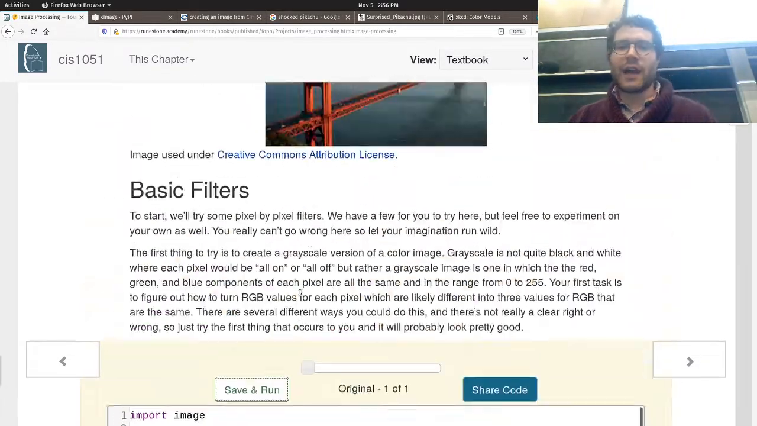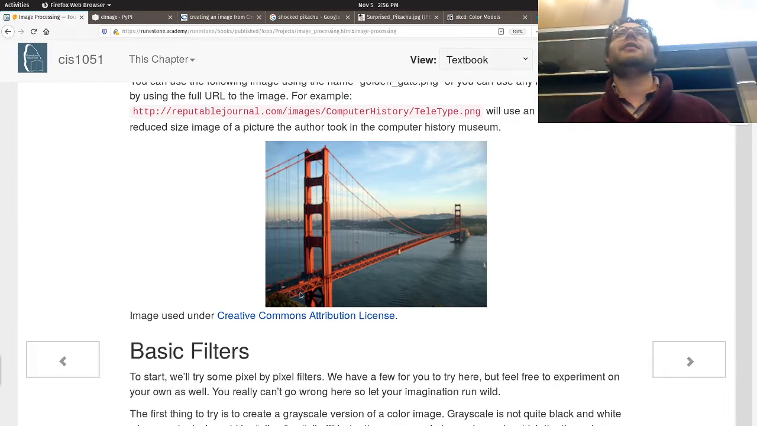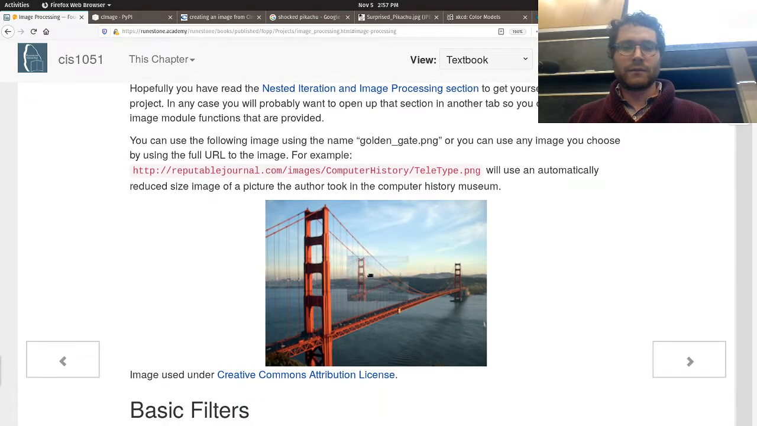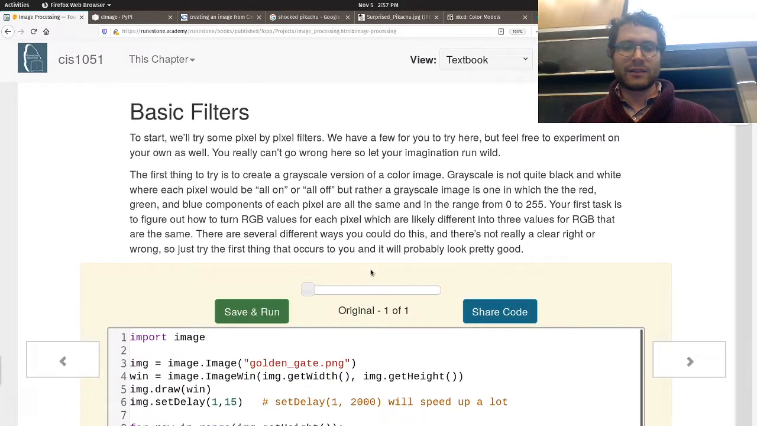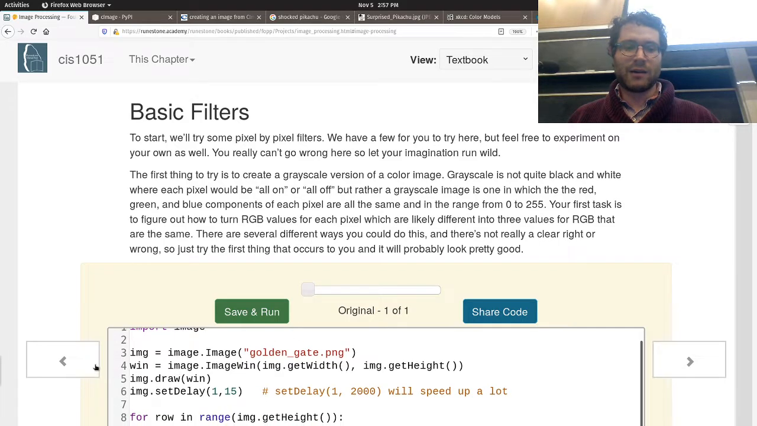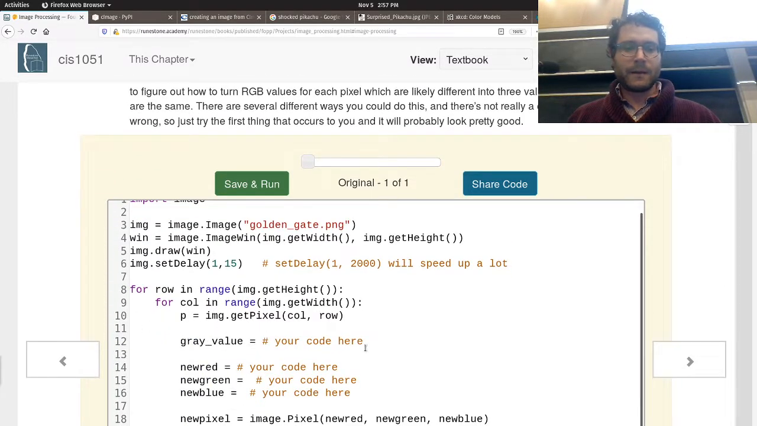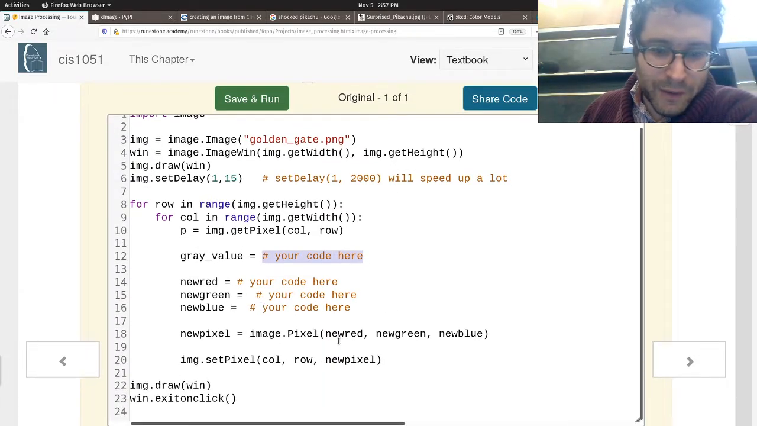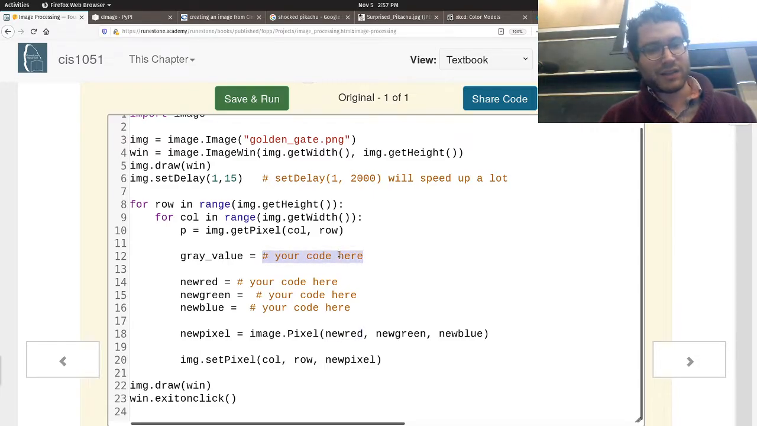So let's take a look at this. This entire idea is basically how you get your filters on Instagram or Snapchat. What we just built was a very basic grayscale filter. So we'll take a look at this picture, and now let's re-implement it here. It's not too hard, right? New pixel is equal to new red, new green, new blue. So the gray value is equal to what we just had, which was